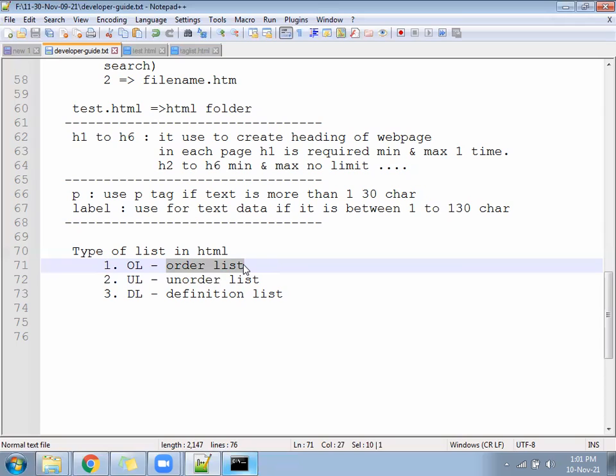Whenever a developer creates a file, for example, we are going to create a file called order list. So order and list should not have a space. File name, no space. Folder name, no space. File name must be related to functionality. Folder name must be related to content.